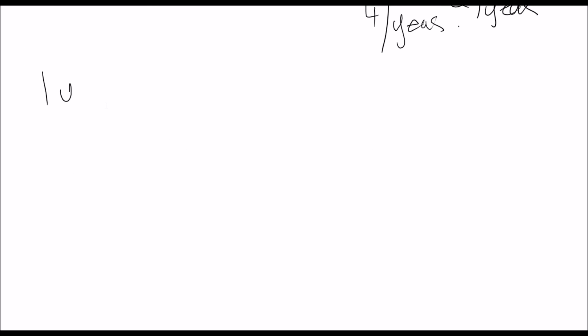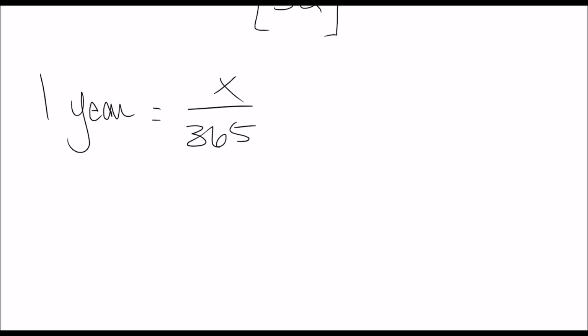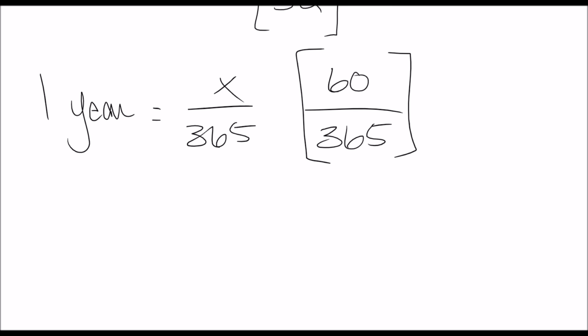In weeks, it's the exact same concept. 1 year is equal to an amount of 52 weeks. So say we wanted to compute over 17 weeks. That would be our time variable. Okay, same concept goes for days. 1 year is equal to an amount over 365 days. Say we wanted to compute over 60 days, as in our last video,